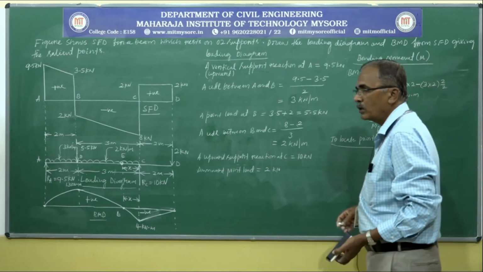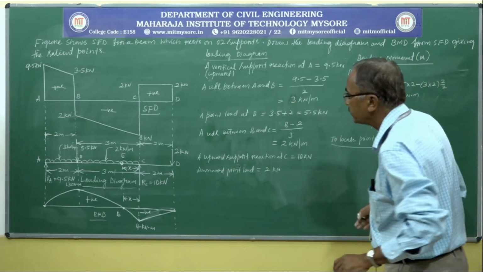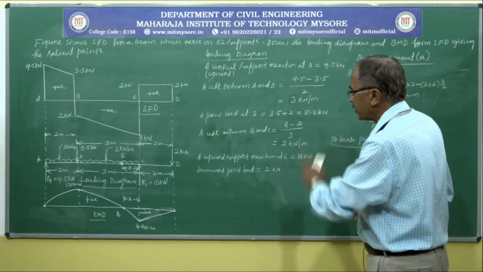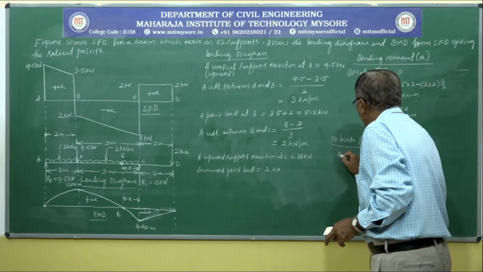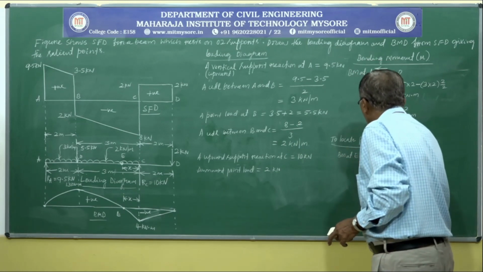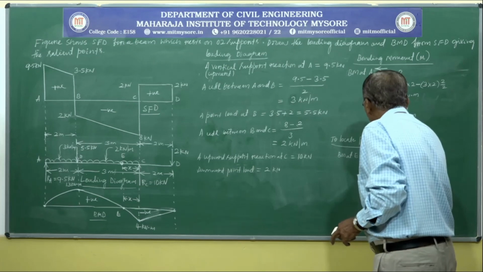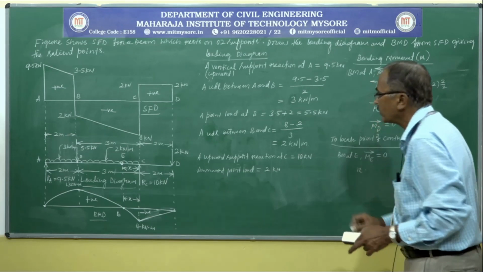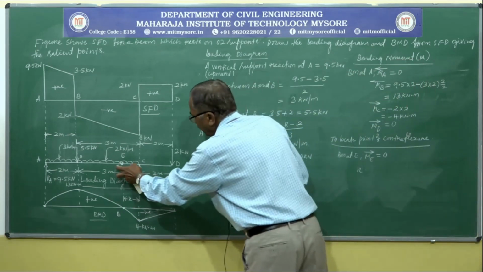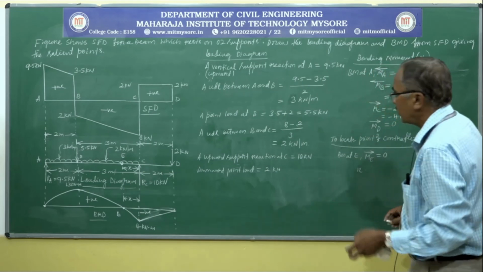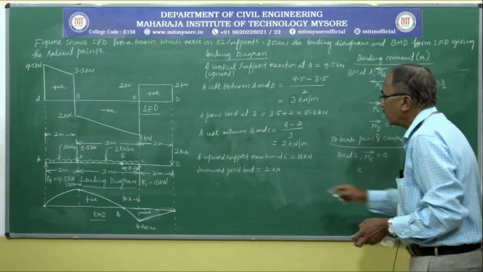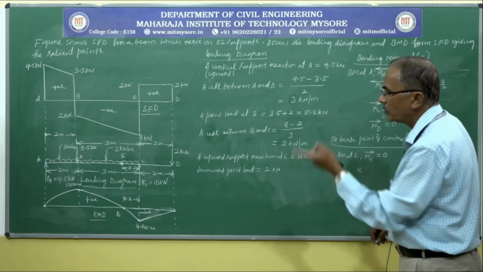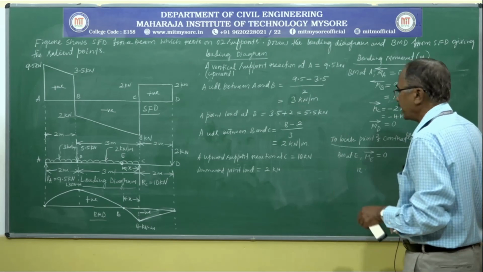bending moment at point E 0, consider forces acting to right of E, write the expression, and equate it to 0, you will get x value. Bending moment at E, ME, by considering forces to right hand side 0, let us just refer this loading diagram. To right hand side support reaction RC will create an anti-clockwise moment, it is positive. Both UDL and point load create a clockwise moment, negative.